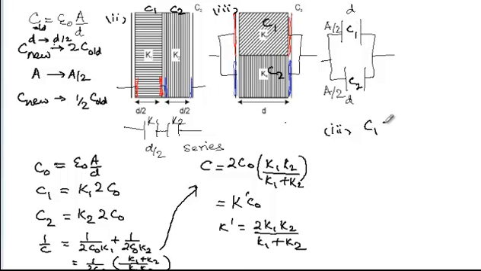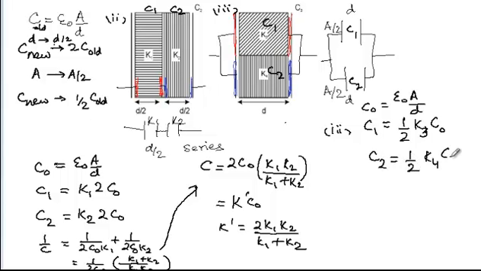So C naught is once again epsilon naught A by D. So C1 is equal to, since the plate area is halved, it's going to be 1 by 2, but the dielectric constant is increased. So this is, I think, K3. So this is K3 times C naught, and C2 is going to be 1 by 2 K4 times C naught,